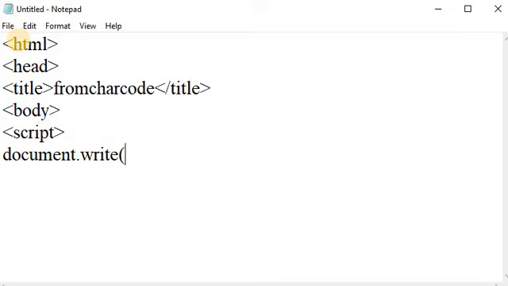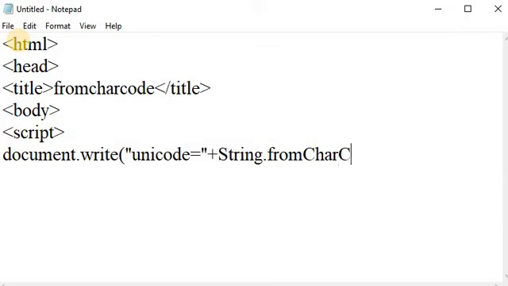Here in a write method, I am passing Unicode is equal to plus String dot fromCharCode. Write from in lowercase letter, C in an uppercase letter, and also second C in an uppercase letter. And here passing one character Unicode value, that is 65.